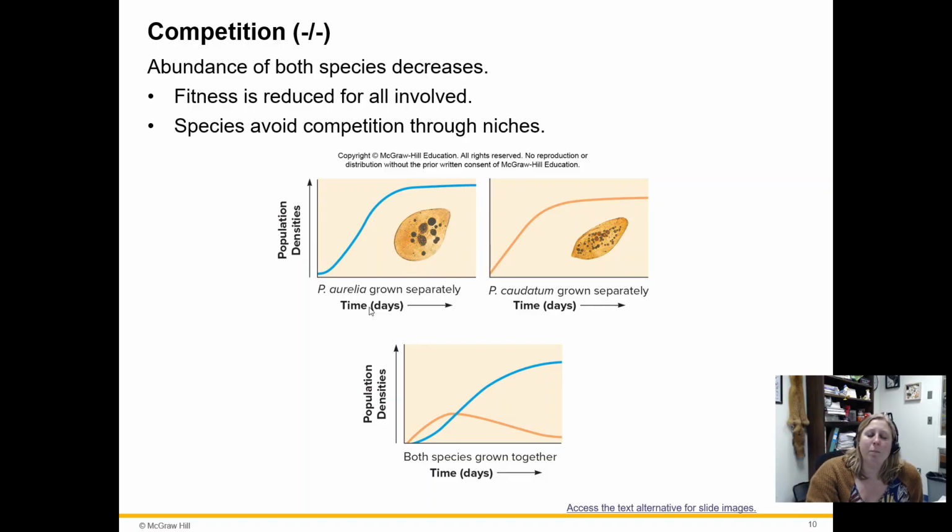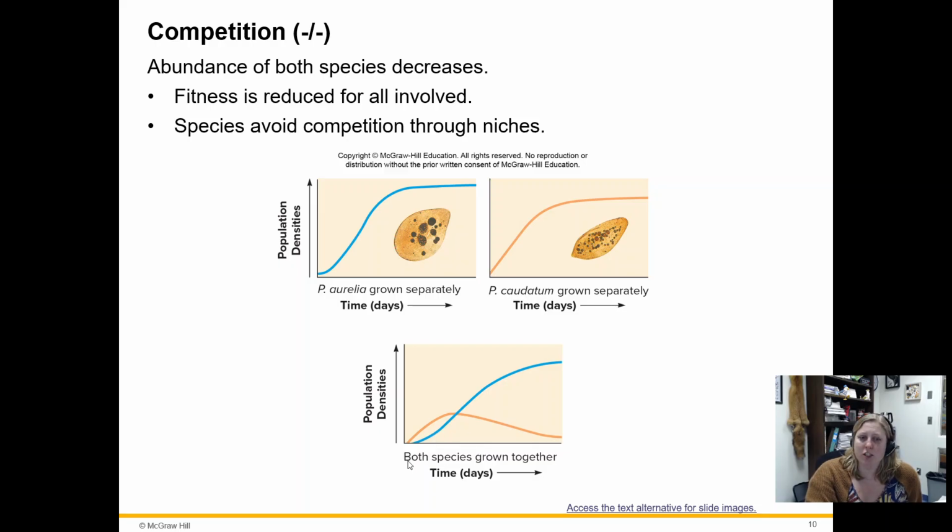If we let Paramecium aurelia grow separately, it gets to about 95 individuals in the population, and Paramecium caudatum gets to about 80 individuals in the population. So they're both doing pretty good, okay? If I put these two species of Paramecium together, because they use the same resources, we actually see a decrease